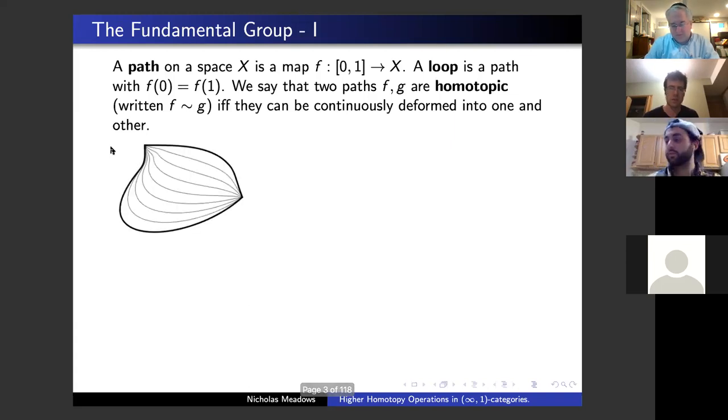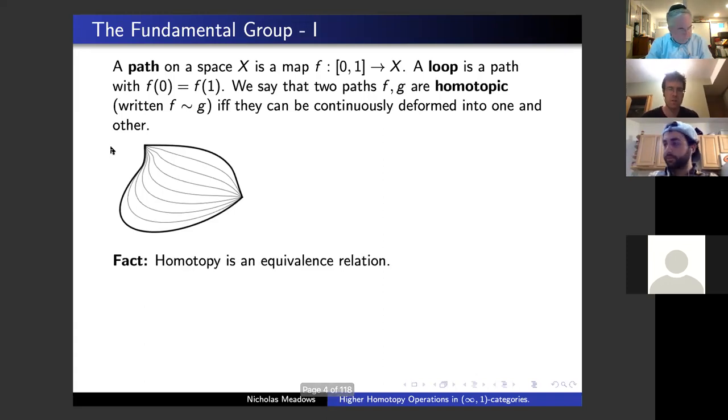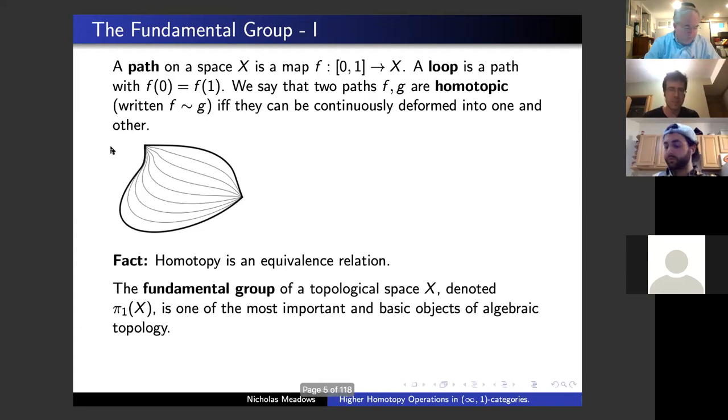As an example, here I have a continuous deformation from this bold black path, going upward, to one at the bottom there. And you can see the stages that one goes through to continuously deform one to the other. These are both paths between the same points, the corner point. So the fact is that homotopy is an equivalence relation, and the fundamental